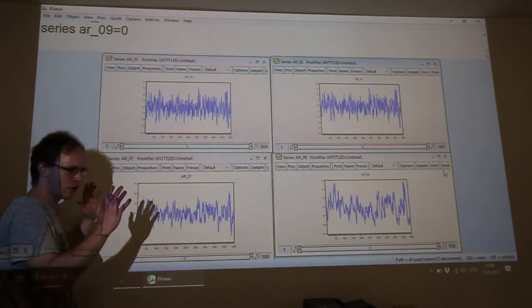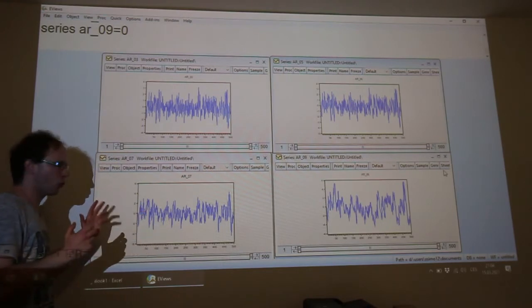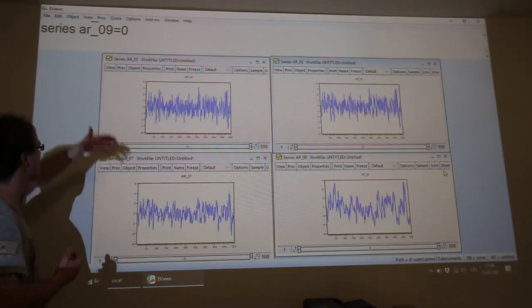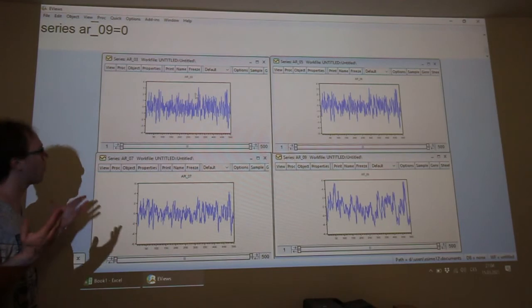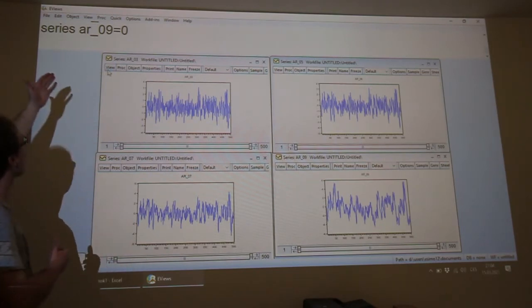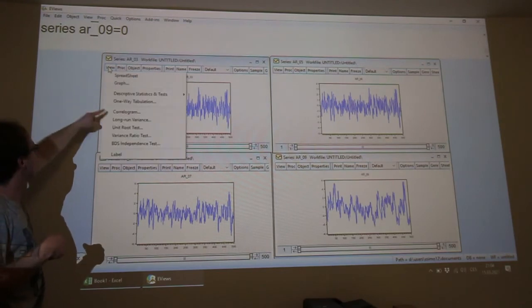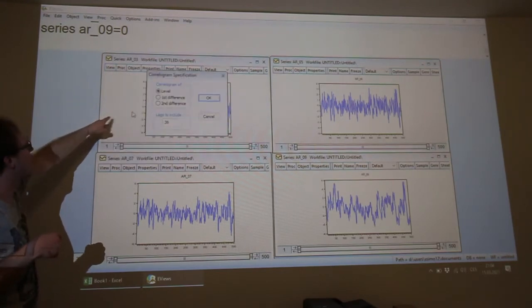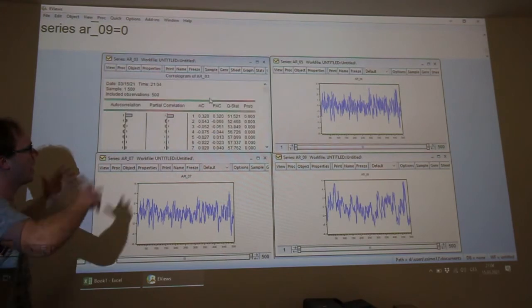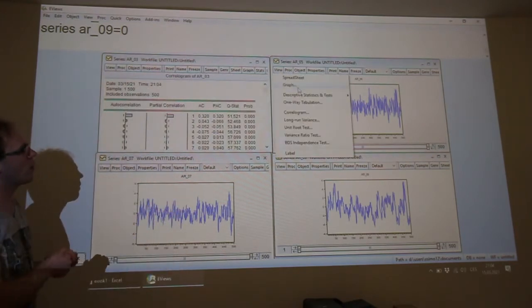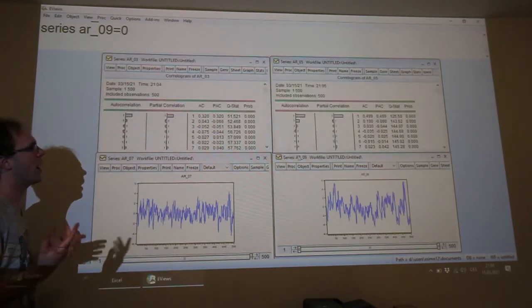But better is to check the autocorrelation function. So please open all 4 autocorrelation functions in all charts. Yes. So view button. We must select correlogram of level OK, and open these correlograms in all charts.